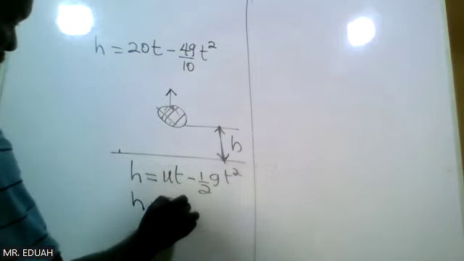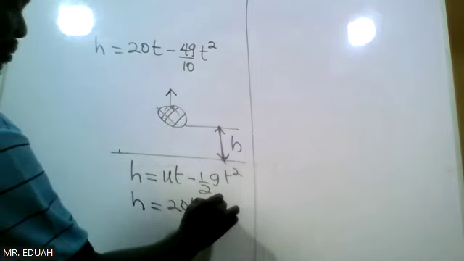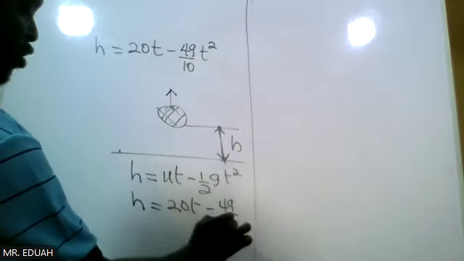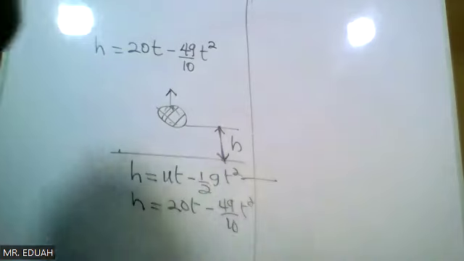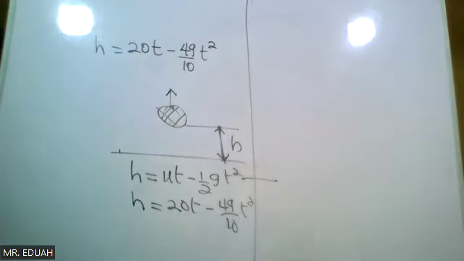It means that you can compare the general equation which you have given us to what the question also gave us. Is that okay? Yes, please. So when you compare,